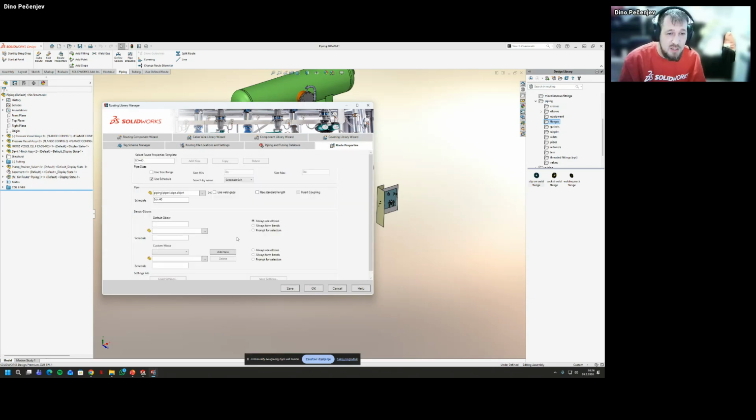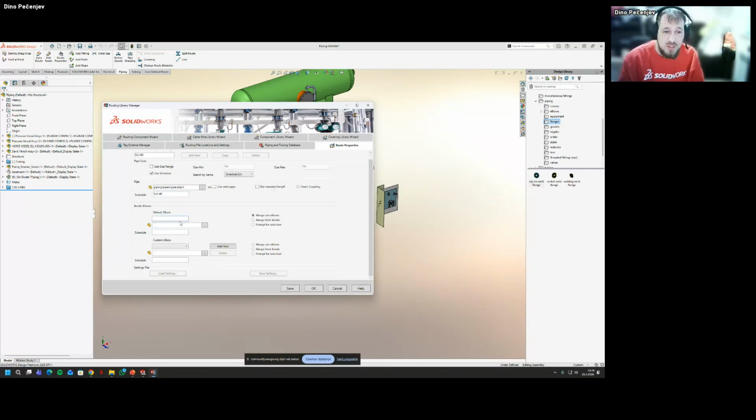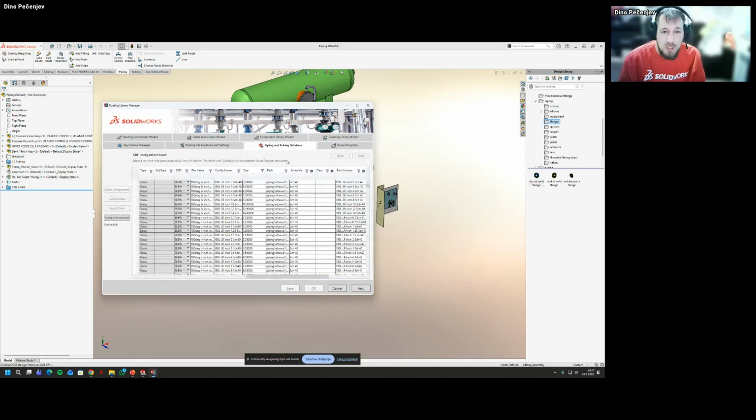And why am I saying this? Because when we use a specific flange, it will automatically use the specific schedule. And here is an important thing. We're going to use elbows here. So always use elbows. For the elbows, I'm going to search the database for a class, or actually for a schedule.